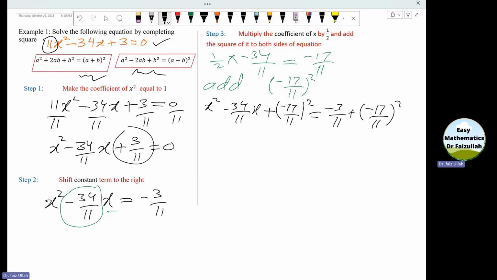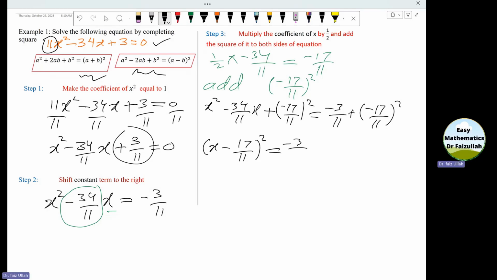Now the left hand side will be automatically of the form a plus b whole square or a minus b whole square. In this case, this is x minus 17 divided by 11 whole square, and that is equal to